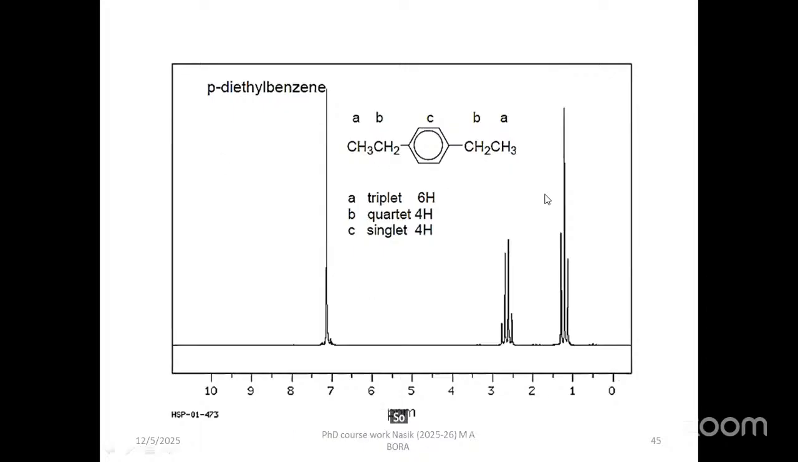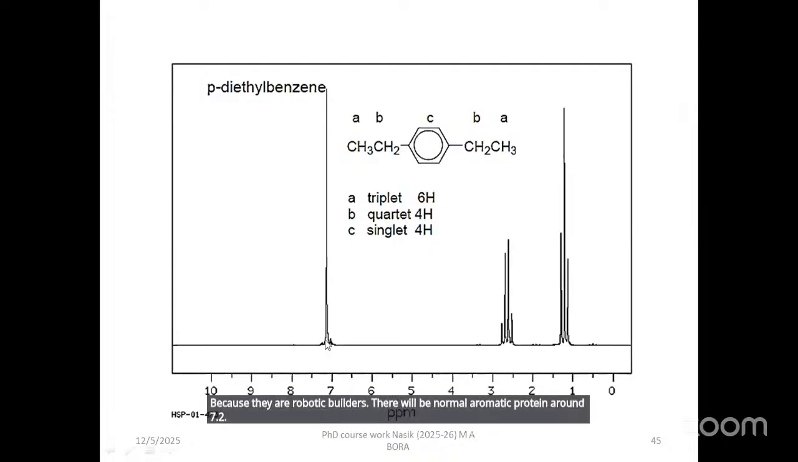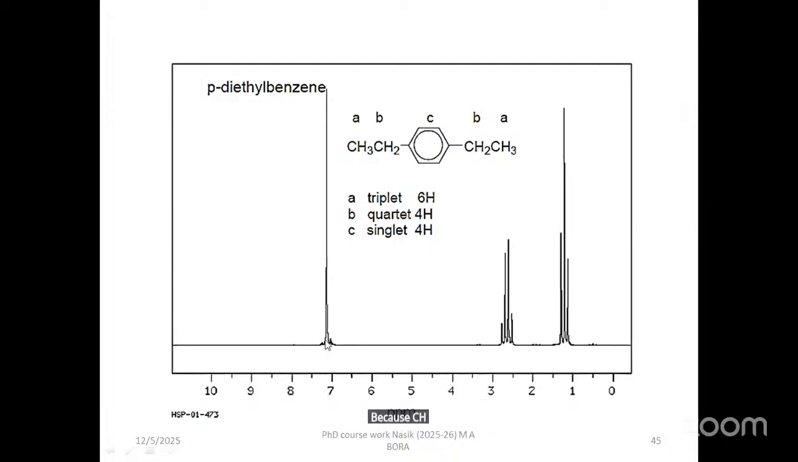You can see here there are three types of protons, out of which A and B are aliphatic protons and C are aromatic protons. A type we have six protons, B type we have four protons, and C type aromatic we have four protons. Out of these, your C type of protons will have the highest chemical shift because they are aromatic protons. There will be normal aromatic protons around 7.2 because the CH2 ethyl group does not have much impact on benzene protons,